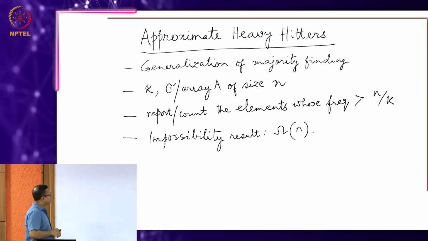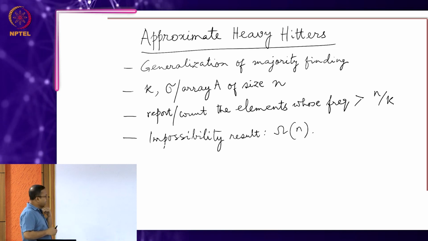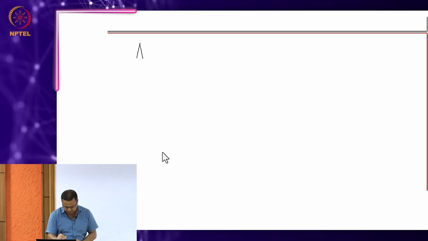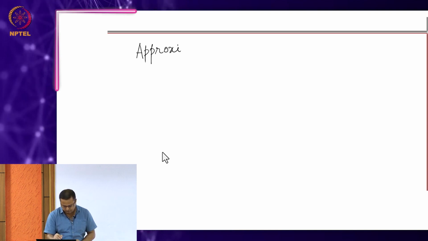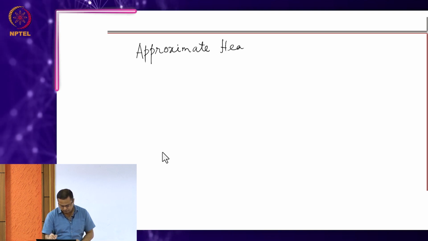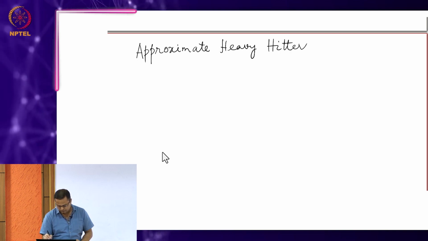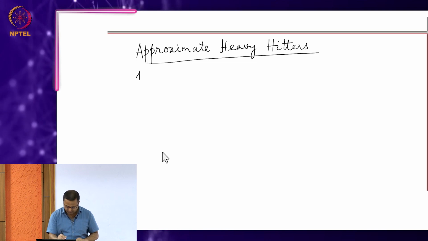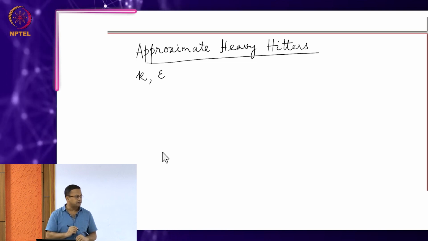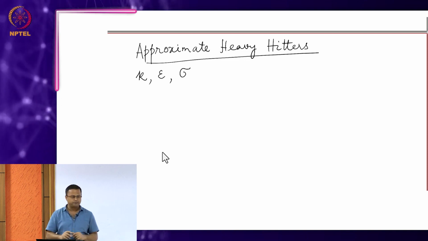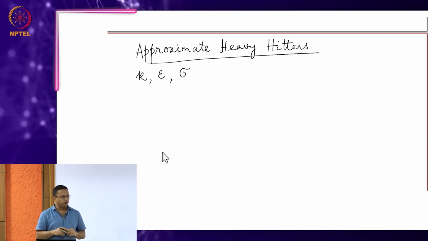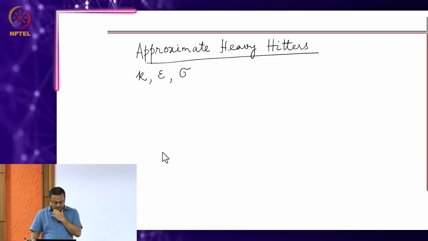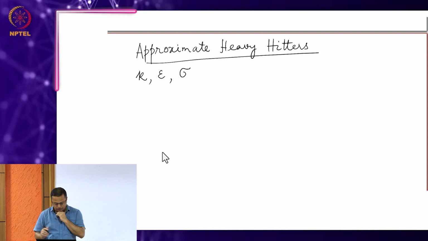Now, getting into approximate heavy hitters, there we would reformulate the problem in the following way. This will use hashing in a way. So, what you have is now, in addition to k, an epsilon, which is a user parameter, and you have this stream. My goal is again to report elements having frequency greater than n by k. Now, as this was a difficult problem, you would work in this setting